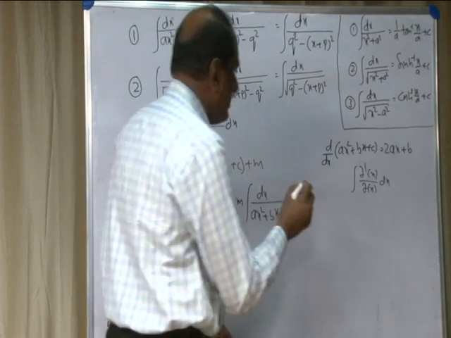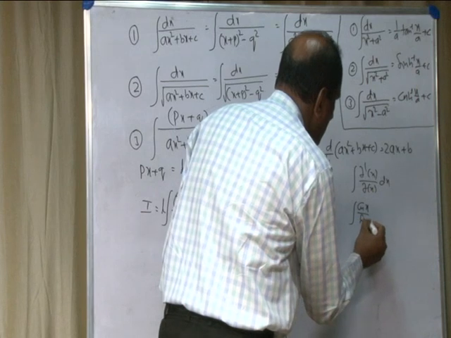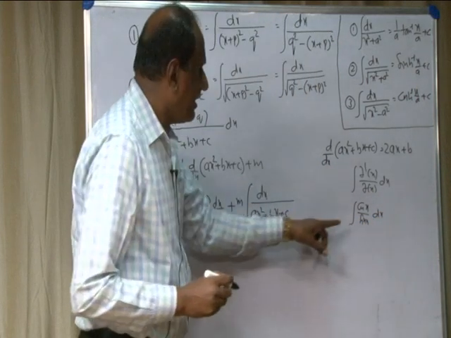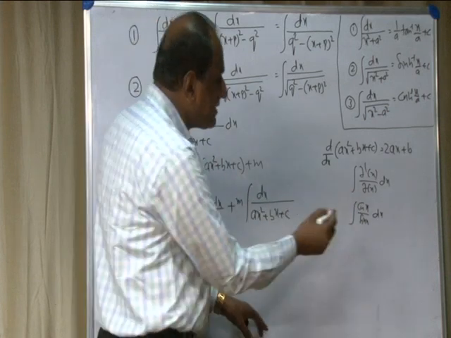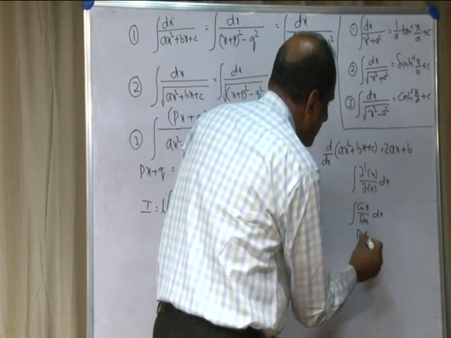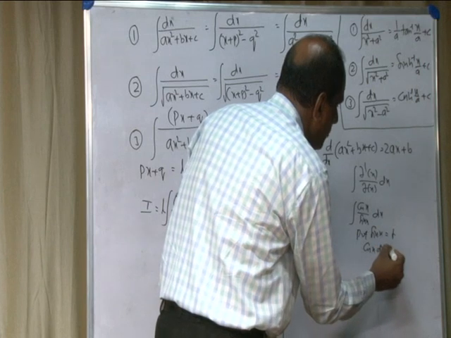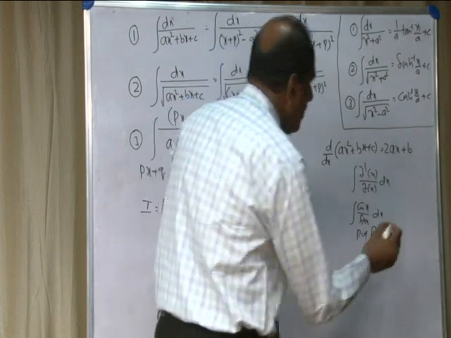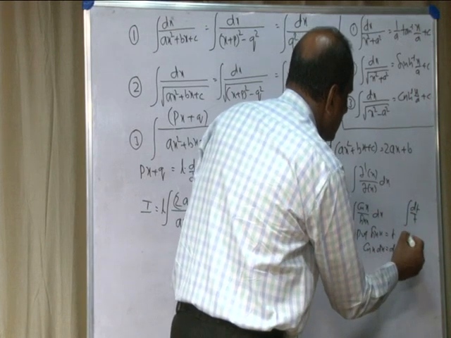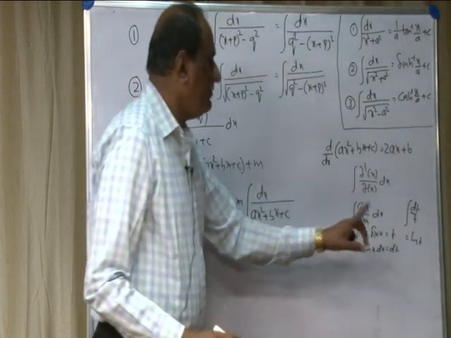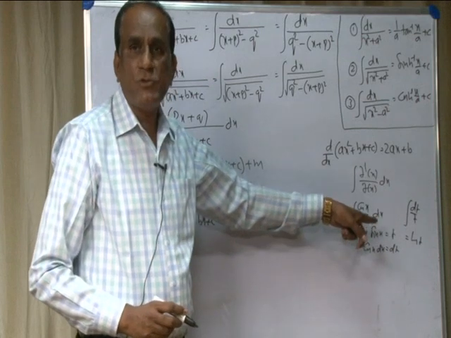So, I will give one example. See here, for example, cos x by sin x dx. This is of the form f of x is sin x, f dash x its derivative is cos x. Take the substitution for sin x. So, put sin x is equal to t, cos x dx is equal to dt. Now the given integral becomes dt divided by t, that is log t, that is log of sin x. That is the form that I explained while explaining problems based on the substitution method.